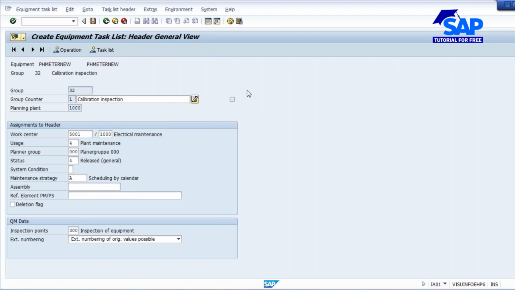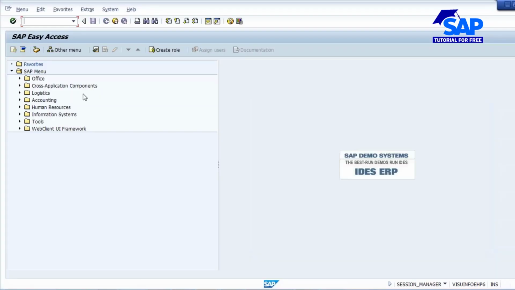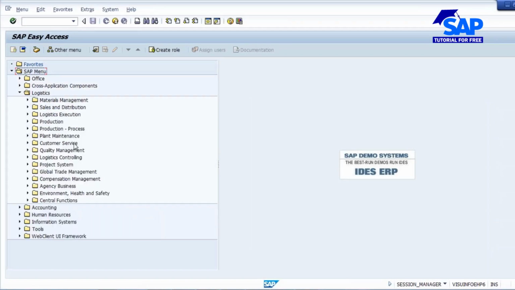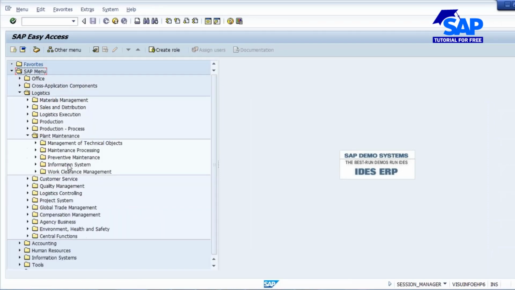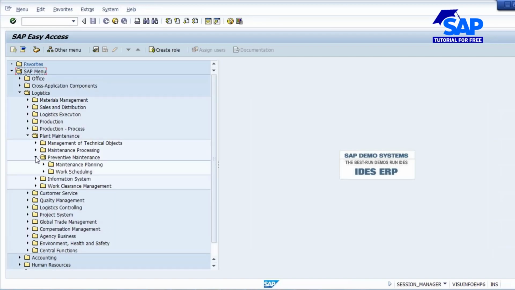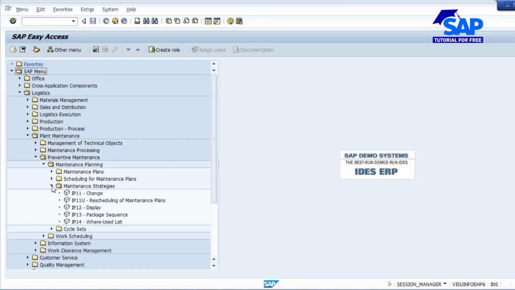Before that, let me go to another transaction. Let me go to logistics, plant maintenance. This maintenance strategy is normally created in the plant maintenance module. So go to preventive maintenance, maintenance planning, maintenance strategies, change IP11. If you go here, that maintenance strategy will be there.